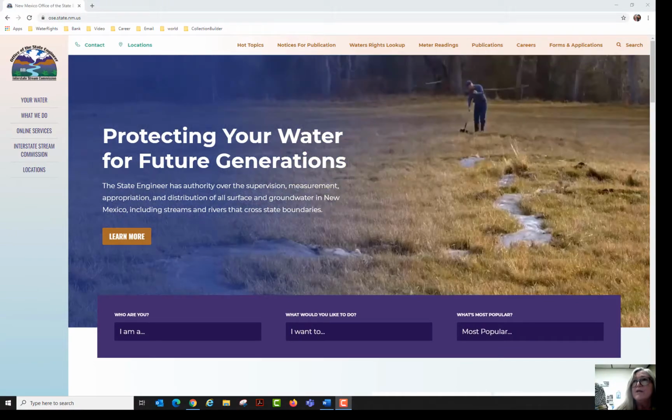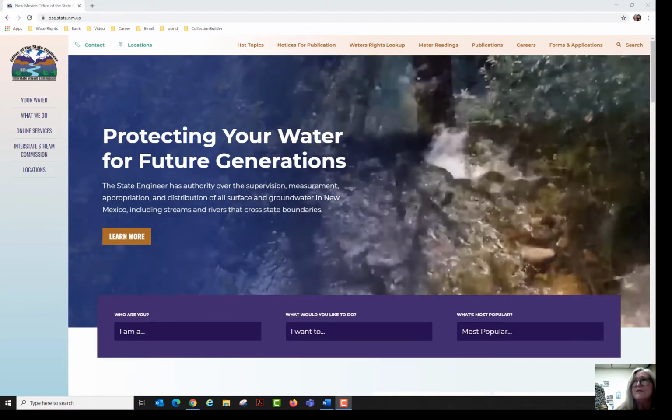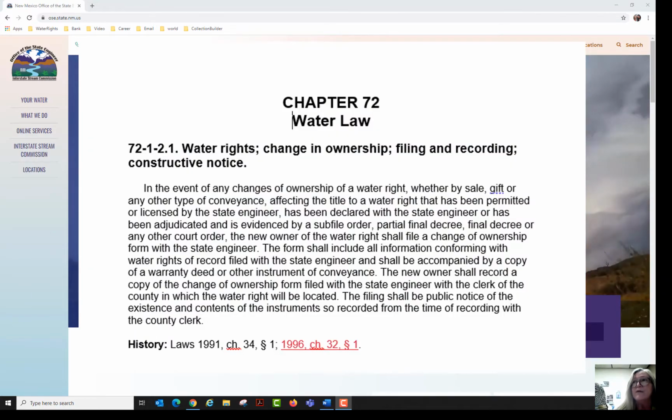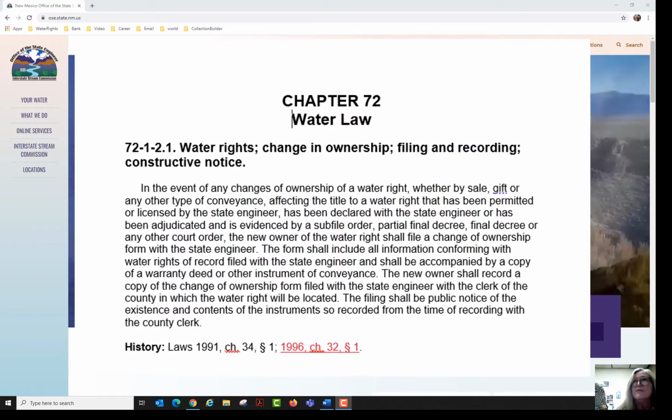In order for you to begin a transfer, you will need to do some research, both on the title of the land and the water right files. All water rights are governed by state statute. Statute